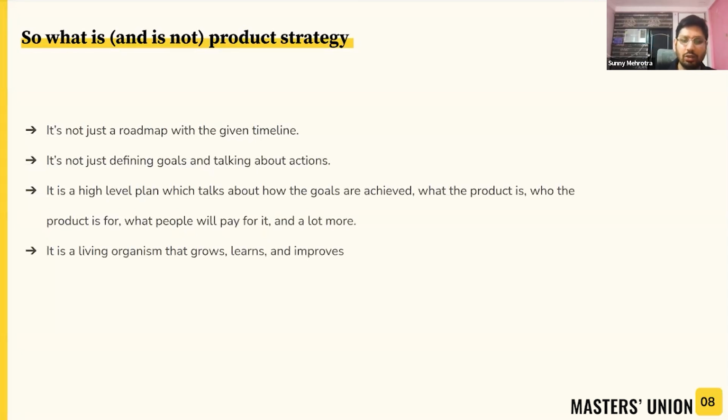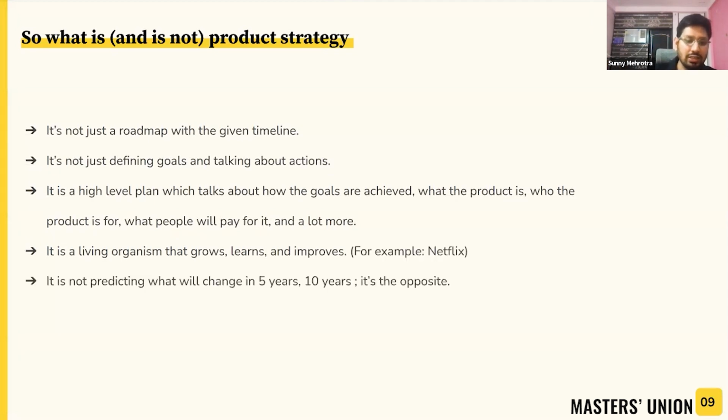It is a living organism that grows, learns, and improves. As we discussed in the Netflix example, it is something that Netflix always wanted. They wanted to grab the attention of the user, and they are okay to chase it via any medium. They tried doing that with DVD. That technology got disrupted. They moved into streaming. They might get disrupted in the next 5 years or so. We might get into the metaverse and AR and VRs of the world. We might get into the Web3s, and streaming might not be as relevant as it is today. And I'm sure Netflix would evolve to serve its customers in one way or the other in future.